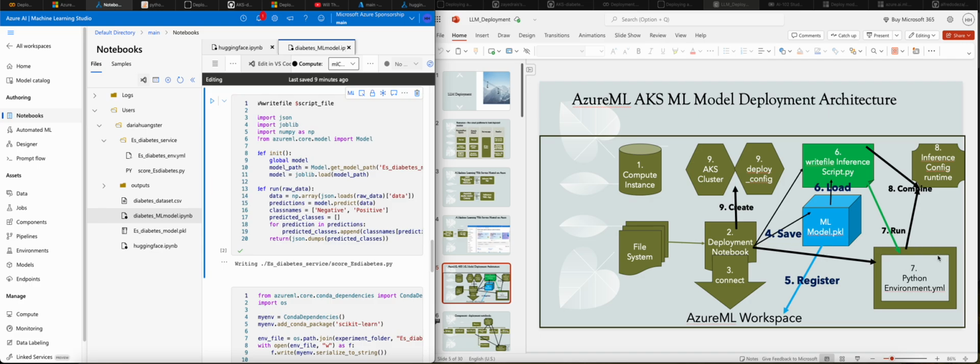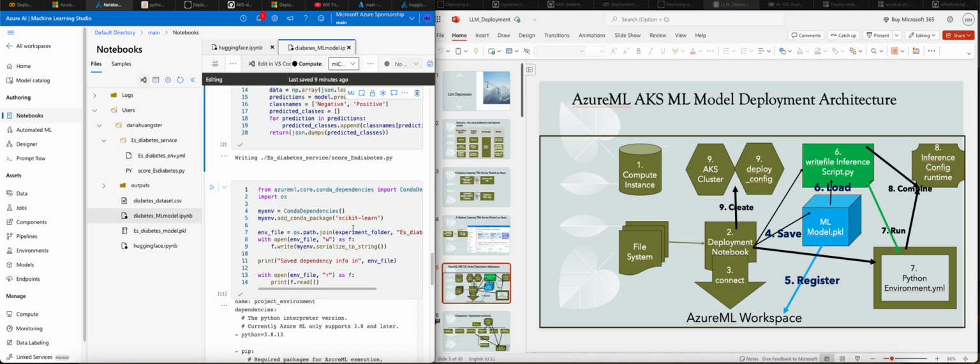And this Python environment is actually going to be saved in a YML file. So now we will show how to create and save this Python environment into a YML file, which is also something that you can do